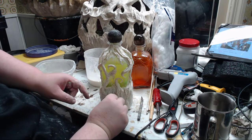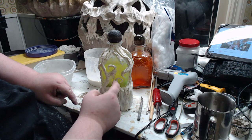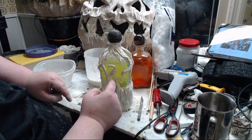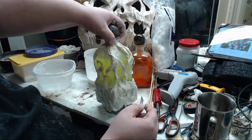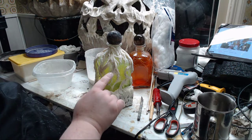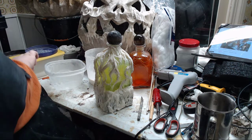Alright, let's throw a curl down here. Add that to that. Close enough. Nice. And that is as done as it's getting tonight. Got a few areas here where it's not sticking very well, so I'm just going to